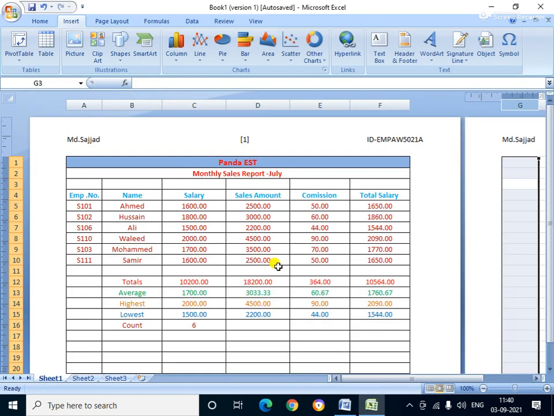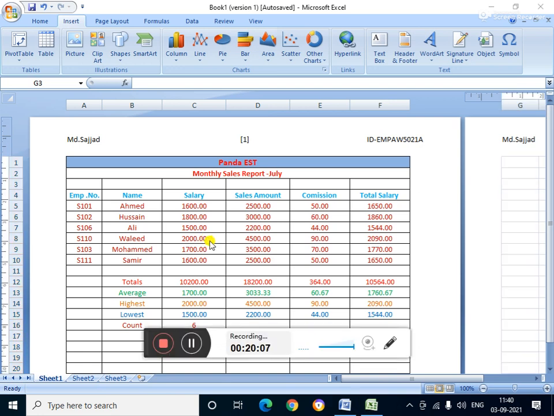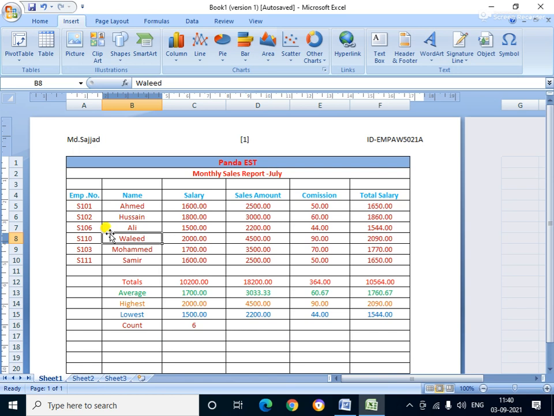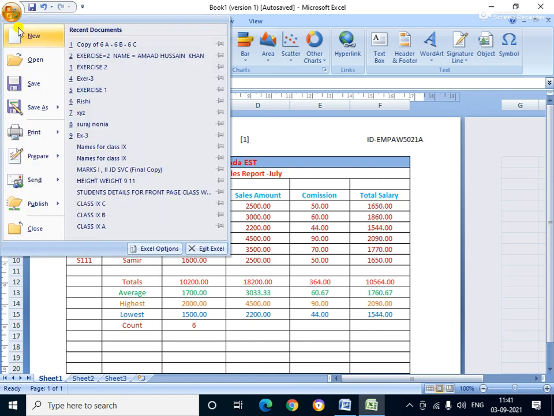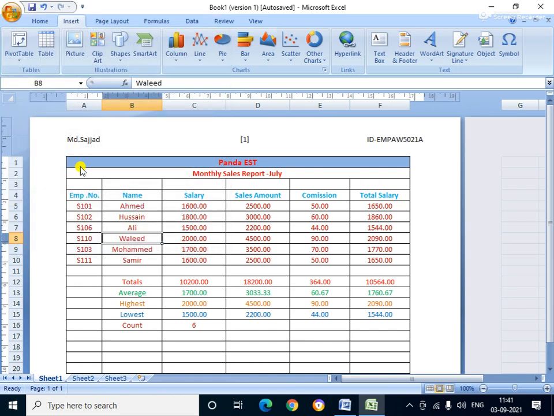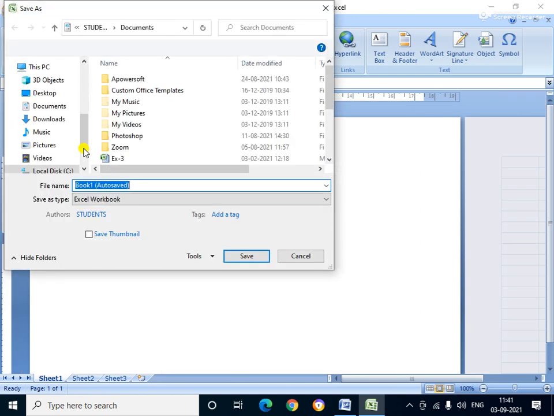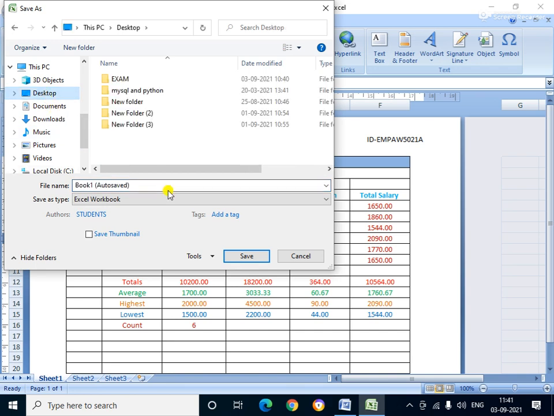Then see, this is a file. So we want to save the file. So how to save the file? All of you know how to save the file. Just click on File, and here you click on Save As. I save the file on the desktop.